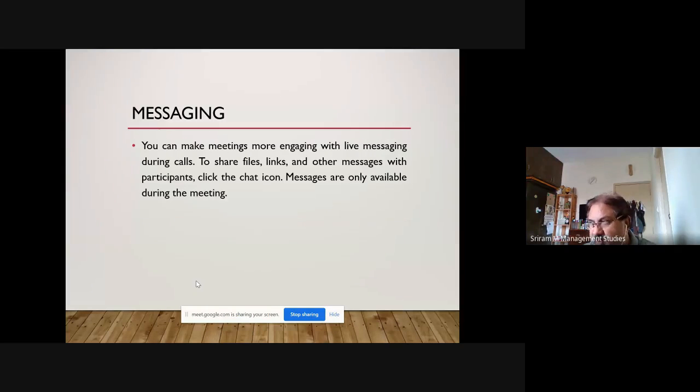Messaging. I think a majority of you are already aware of it, because sometimes during the conversation or during the sessions, there might be questions, and you could probably tell your students, let's not be disturbed during the session. If anything is there, you can post a message on the chat box. Once you go to the chat icon, it will automatically enable and you can start typing your messages, so that people can actually address it. That's one option we have.